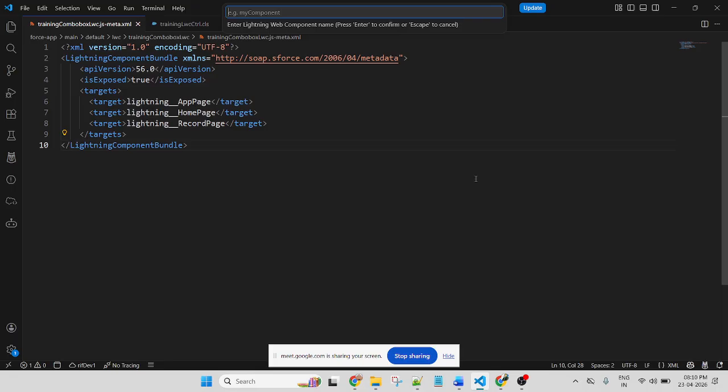I start all the components with the word training so that I can easily identify that this component was created for training purposes. So the name is training account with contact LWC.